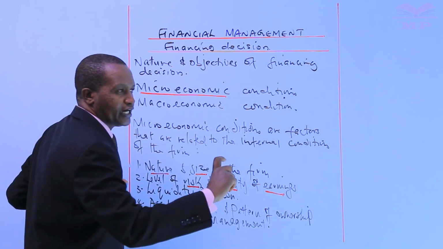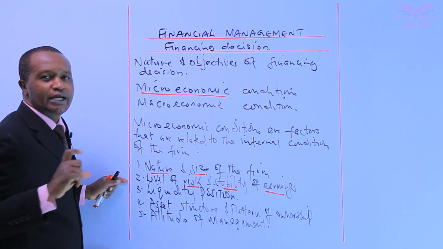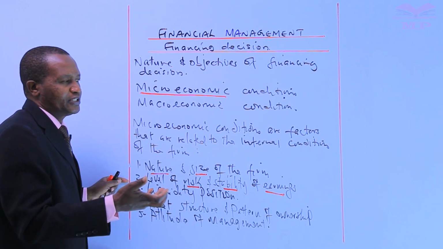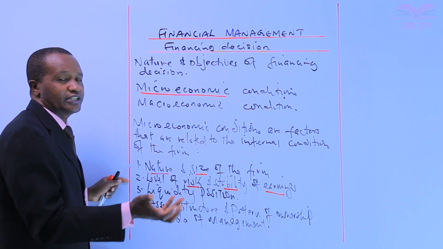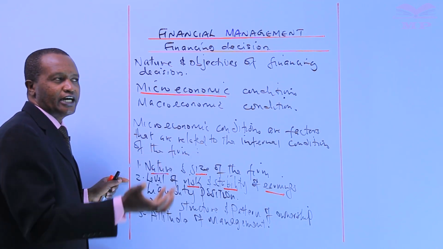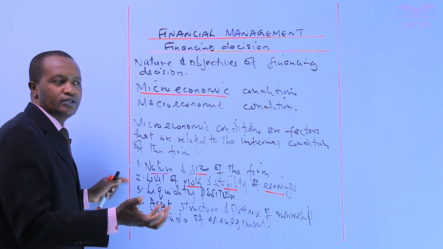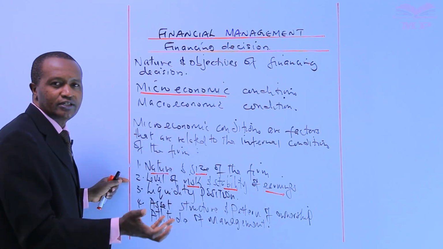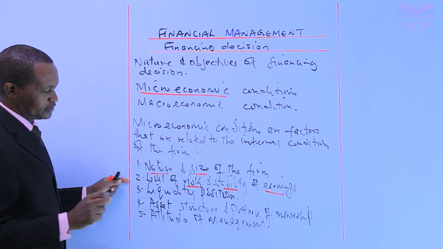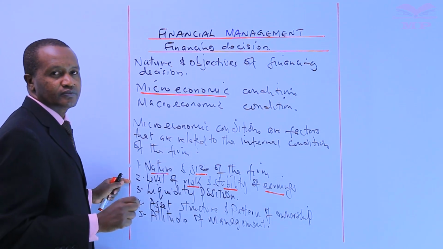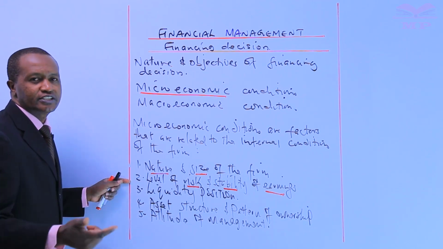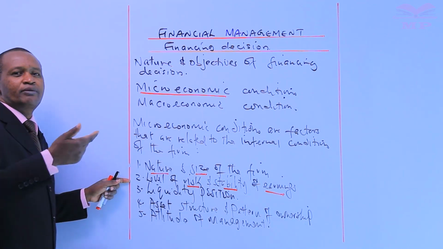But with stable income or lower risk, because a company that has a stable income is a company that has a lower risk, the financial decision will be just the reverse. And in such a case, the fixed cost capital such as the preference shares and debentures may be preferred.